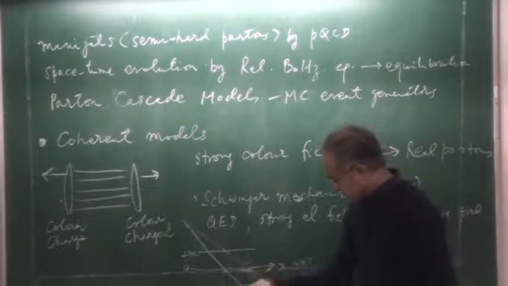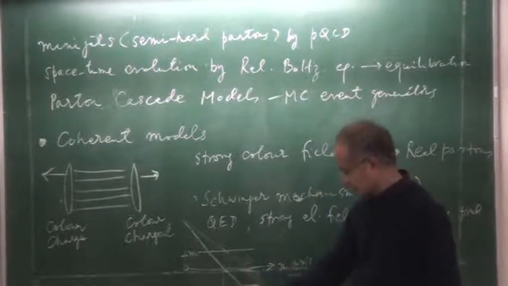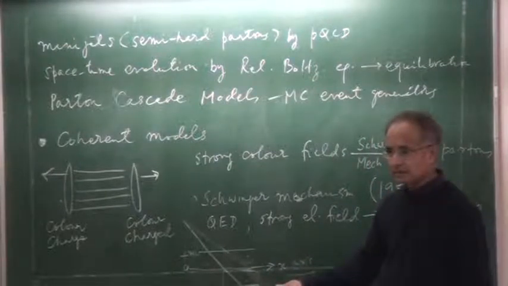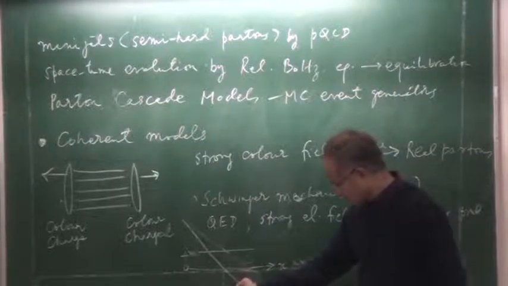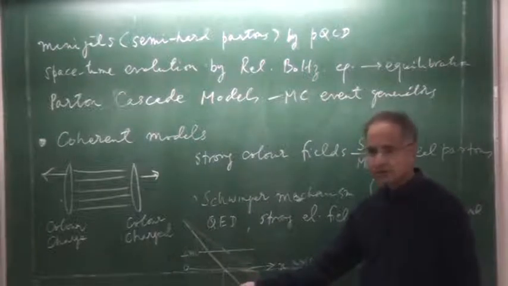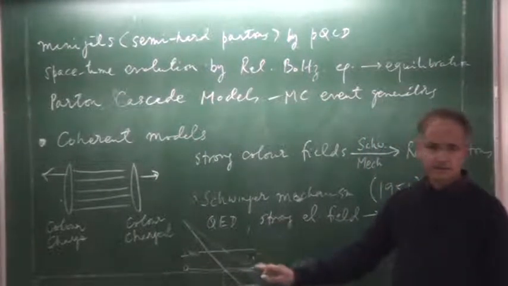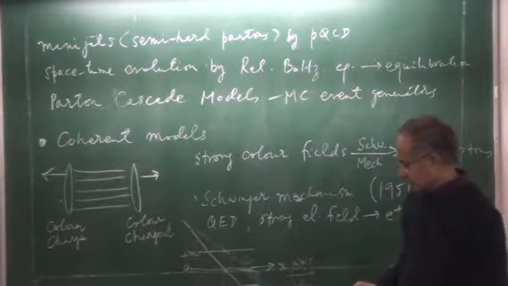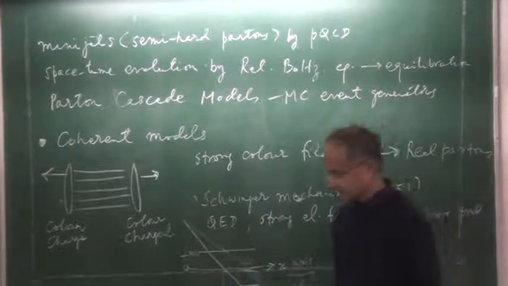So if the field is very strong, then an electron sitting here in the Dirac sea can leak outside and become a free state, a free electron. That will create a hole here. Or in other words, you have a positron here and an electron there. So this is essentially the idea behind the Schwinger mechanism: spontaneous production of electron-positron pairs.